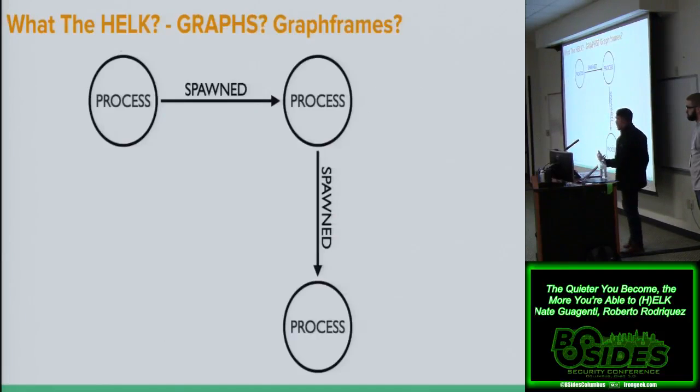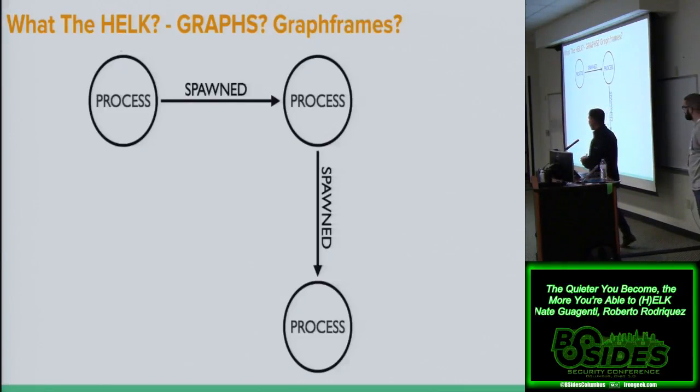And at the end, the idea is to start applying these to our data, for example, Sysmon logs. Sysmon has a parent process and a child process, right? So with that relationship, I can easily say, show me a process that spawned a process, and that same process spawned another process.